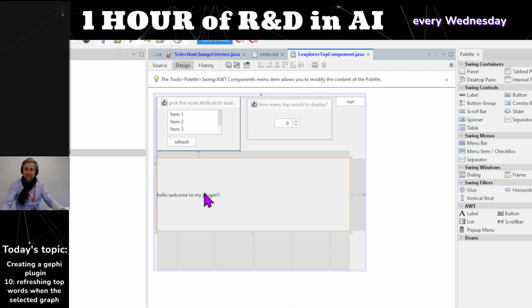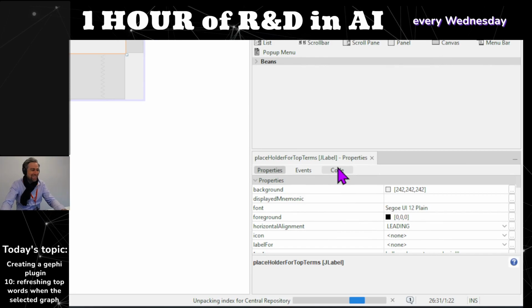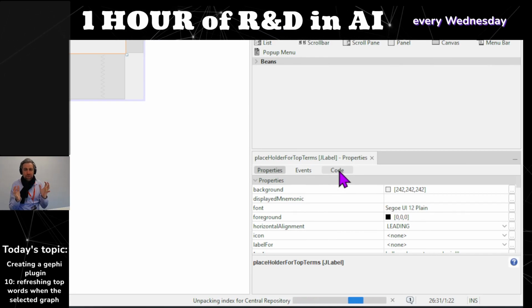I'm going to make it a static variable, which, if you know Java and Swing, I should not be doing, but I'm going to do it nonetheless, because if I make this label static, it means that